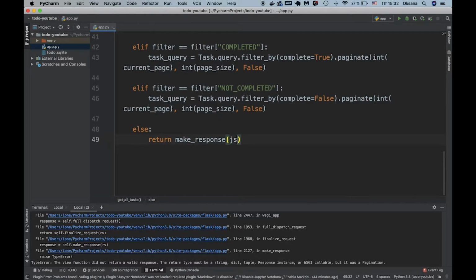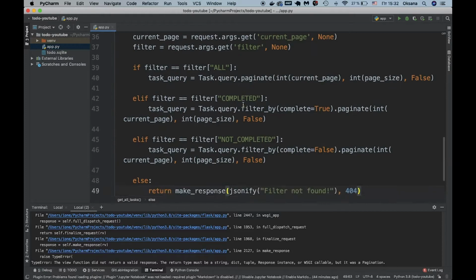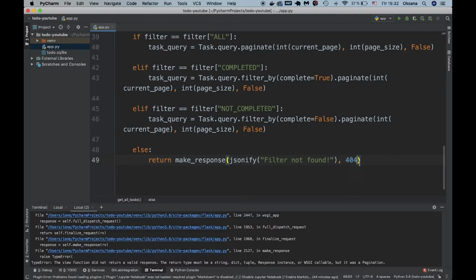Make response jsonify, filter not found, and status, for example, 404. So if the filter is wrong, we will return make response 404. And the next one we should go